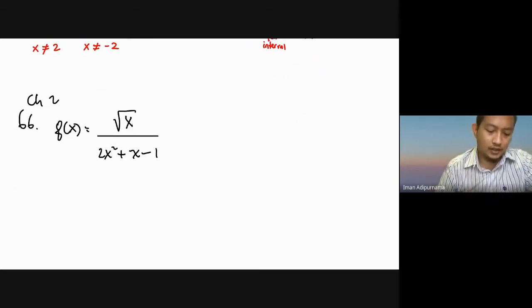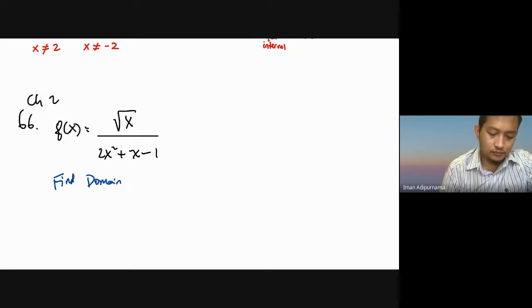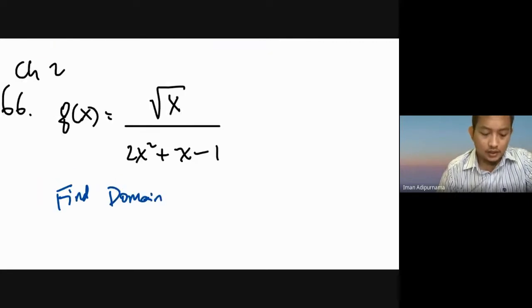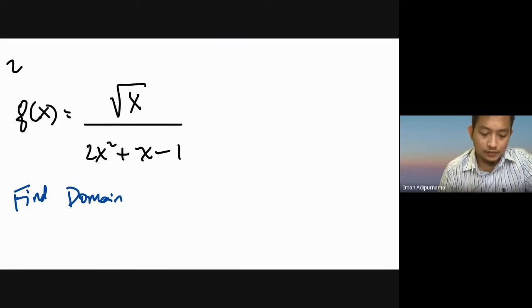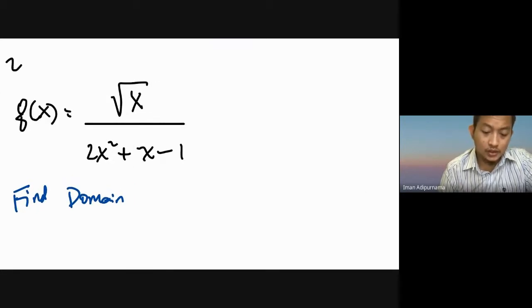And yeah, next one is this question. I think this is about the domain. Find the domain, right? How to do the first thing? You can look at the equations. First we have the square root here. Any square root, it should be,